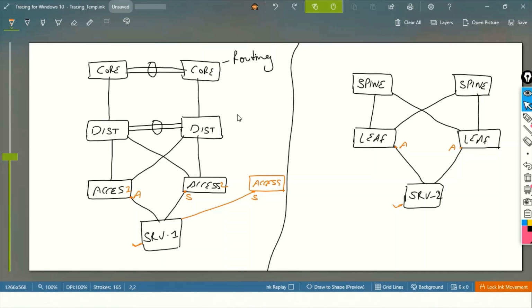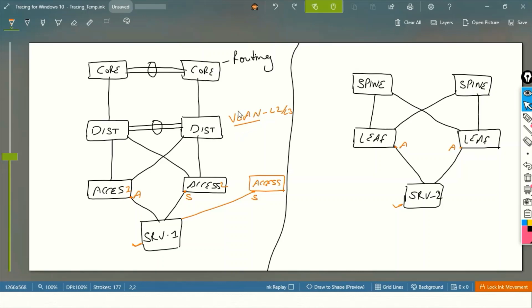Second important point is the VLAN ID. We created a VLAN on the distribution layer, and our layer 2 and layer 3 domains are configured on this particular layer.